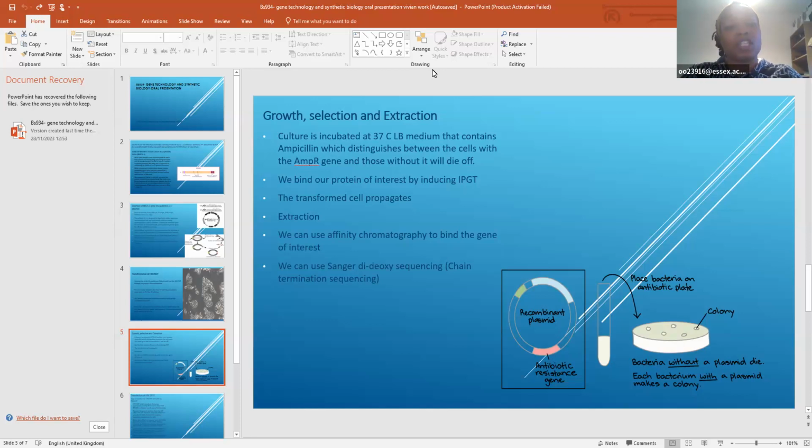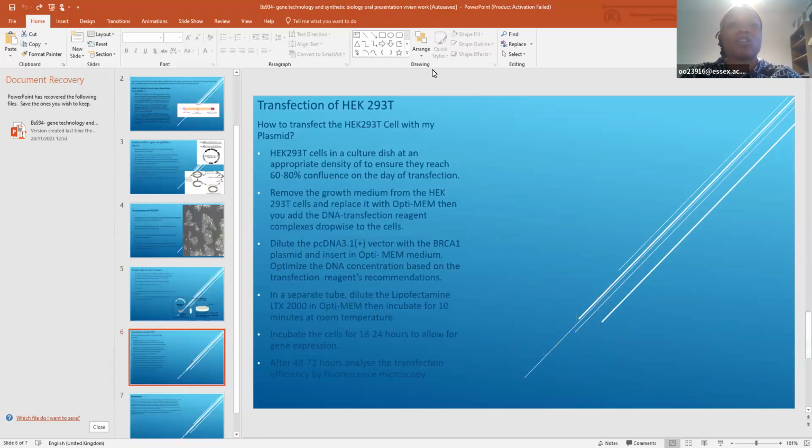We then go to the transfection of the HEK293 cells. How do we transfer the plasmid into the cell? The HEK293 cells are cultured in a dish at an approximate density to ensure that we reach 60 to 80% confluence on the day of the transfection. Remove the growth medium from the cells and replace it with Opti-MEM. Then we add the DNA transfection reagent, which complexes with the DNA. We dilute the vector with the gene of interest